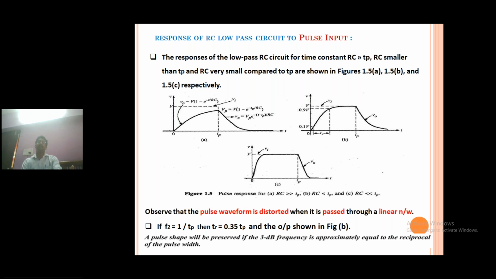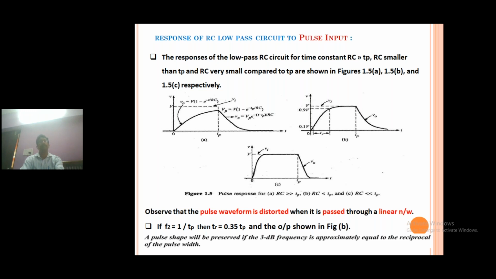So here also observe this one. The first waveform will be the 0 to TP interval. That will charge maximum up to VP, some peak value. This is an exponentially increasing waveform, which means the capacitor charging waveform is exponentially increasing. In the 0 to TP interval, you already know that a pulse waveform is the same as a step waveform. So the step waveform output is V naught of T equal to capital V into 1 minus e power minus T by RC. See the output waveform equation in the first diagram also: V naught of T equal to capital V into 1 minus e power minus T by RC.